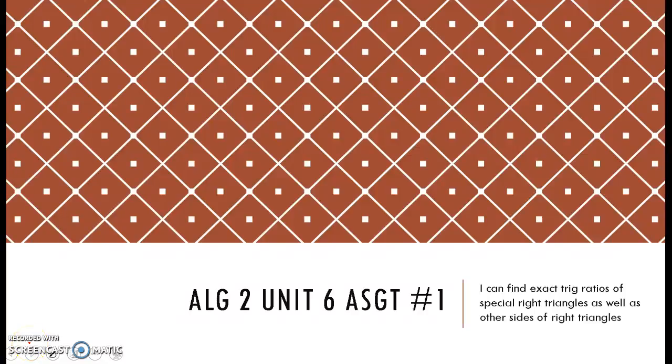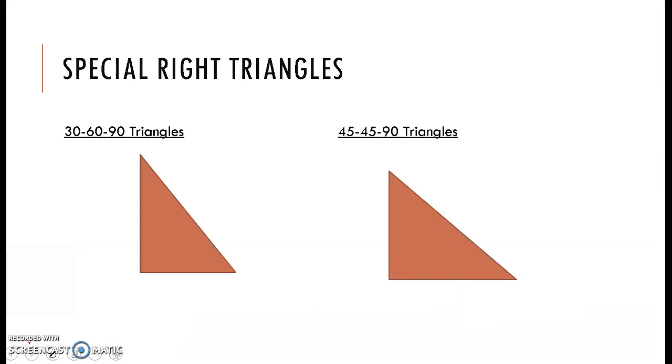All right, in unit number 6, we're going to be talking about trigonometry. And this is assignment number 1 of unit number 6. In assignment number 1, we're just going to be talking about the basics of trigonometry, what some common trig ratios are, and how we can use those trig ratios to find both side lengths and angle measures of different triangles. So let's go ahead and get started with some triangles that you should know about, special triangles,